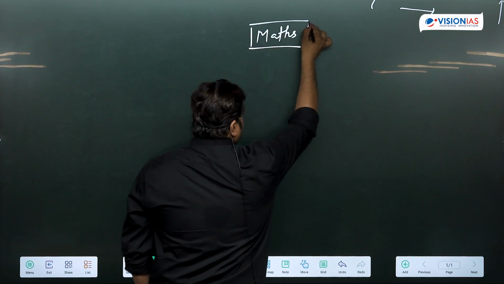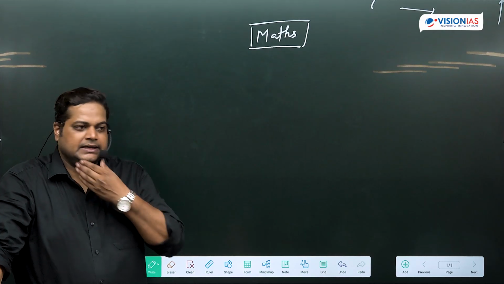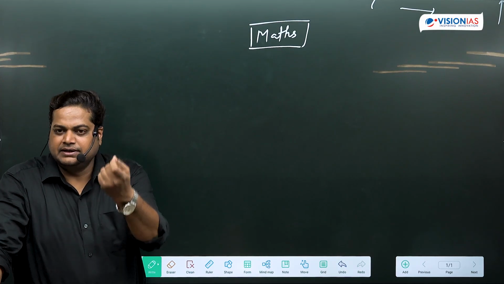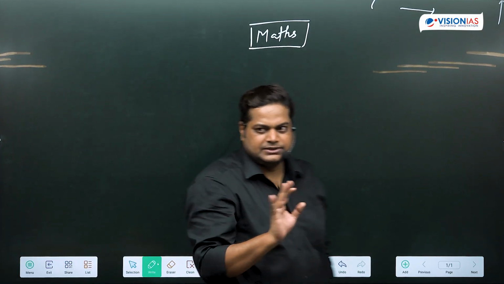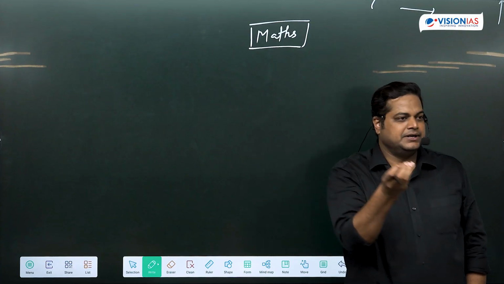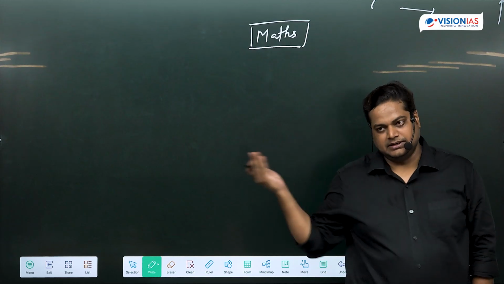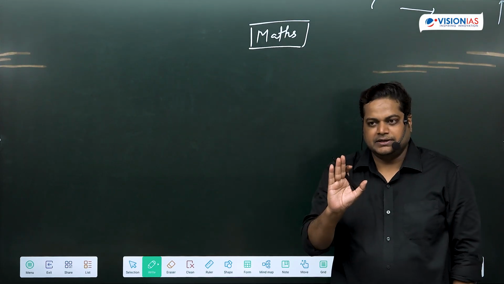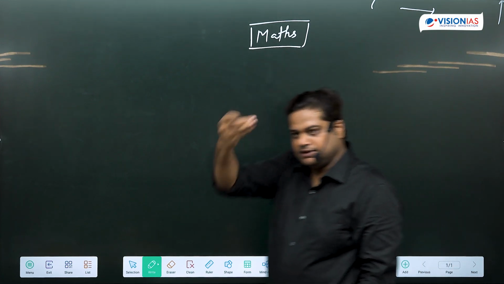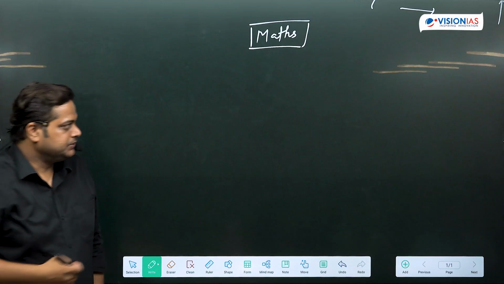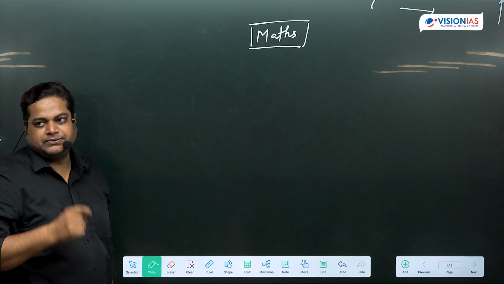if you want to start preparation for CSAT for next year, you need to understand what is the syllabus, what is written in the syllabus in the notification. But if we see the UPSC notification, nothing much is written. Just class 10 level mathematics, numerical ability, data interpretation. That is what is written. So we don't get much idea about the syllabus. So how can we get the idea of the syllabus? PYQs. If we see the PYQs of the last 10 years, what topics we are getting,